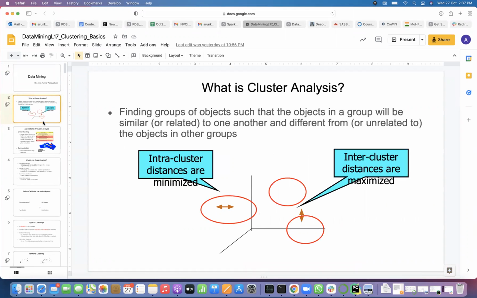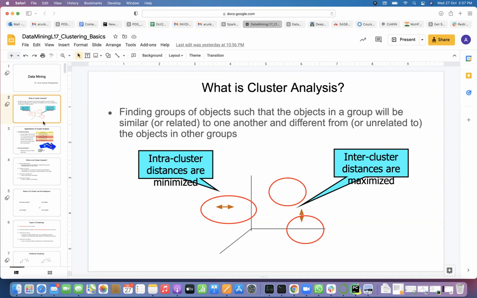Okay, so we start with cluster analysis. Of course, you have an idea of cluster analysis because you have already studied it in machine learning. But we'll try to understand more clustering techniques, and how to evaluate those techniques. So these things you know, so I'll make it faster.